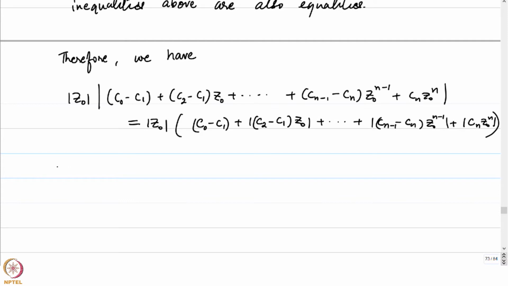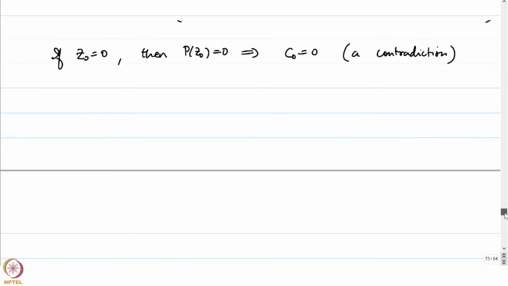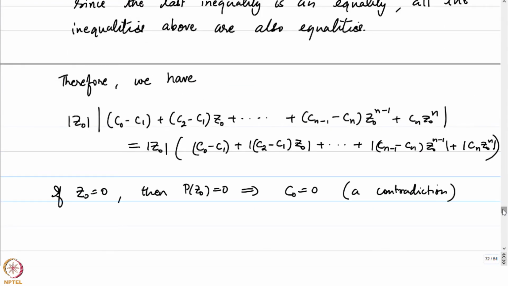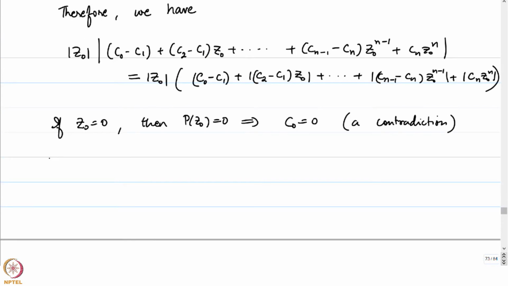Notice that Z0 can never be 0. If Z0 is 0, then E of Z0 equal to 0 would imply that C0 is equal to 0, a contradiction. So Z0 can never be equal to 0 because we have assumed all the coefficients to be positive. In fact, C0 is the largest coefficient. And because of that, we can cancel the absolute value of Z0 because it's not 0. And what we end up is an equality in this triangle inequality. So we have hence